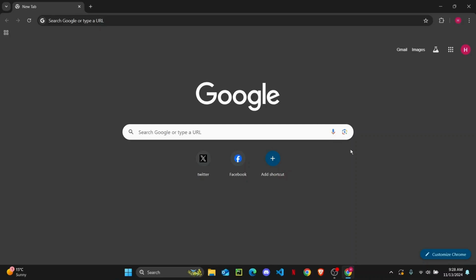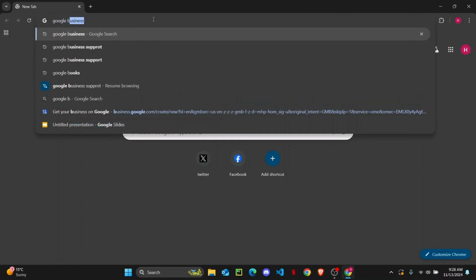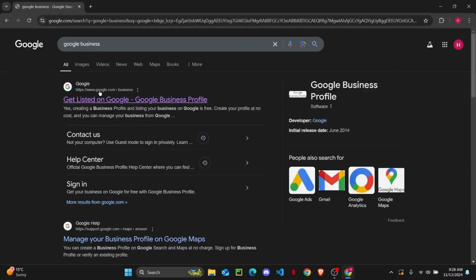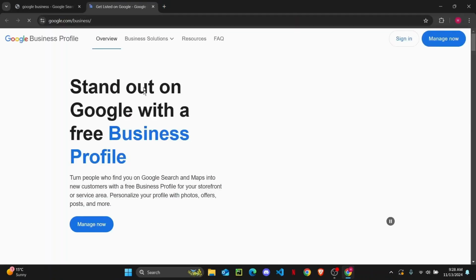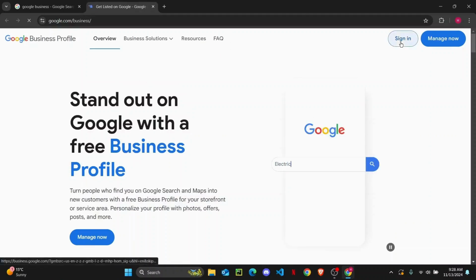Alright, let's begin. So the first thing you want to do is head over to any web browser you have, and you are going to search for Google business profile here. And once you do that, you will get this link as a result, so you can just open it. Now all you have to do here is click on sign in,